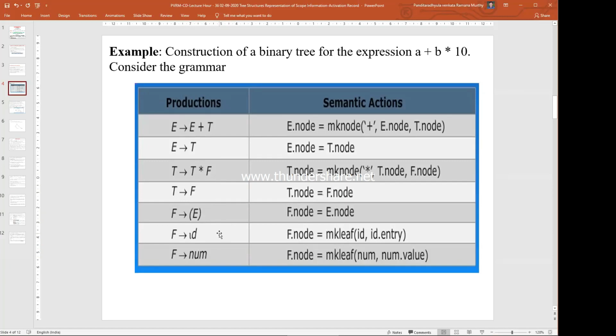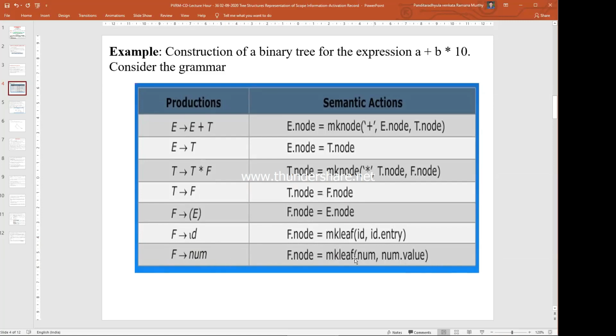So whenever we identify terminal symbols in the derivation, F dot node is make leaf with id comma id dot entry, the value where it is contained. Or if we are directly giving the number value, F dot node is equal to make leaf with num comma num dot value.